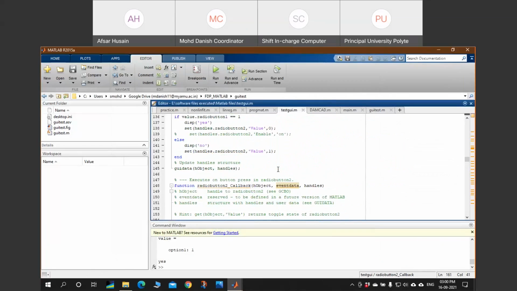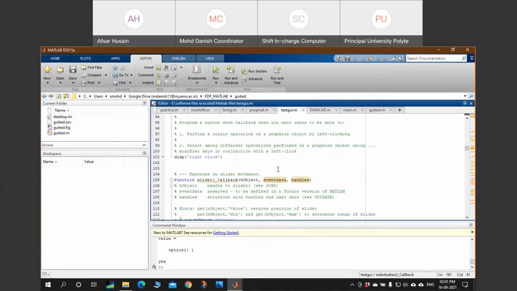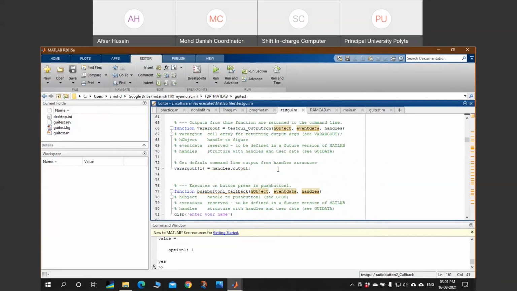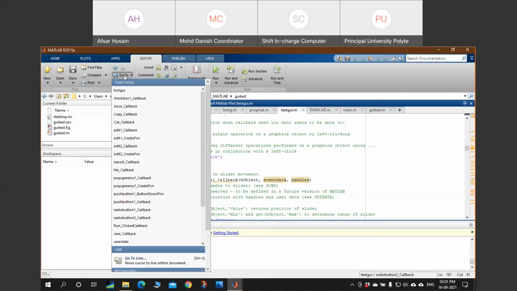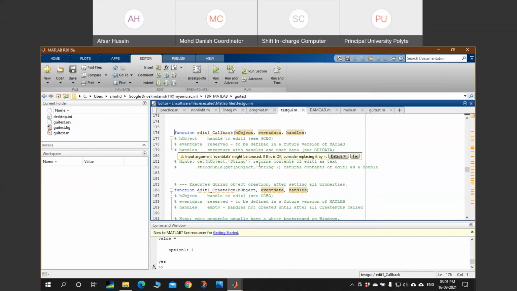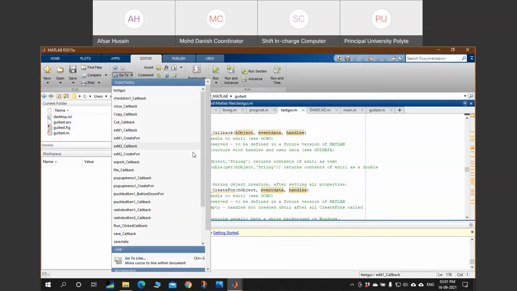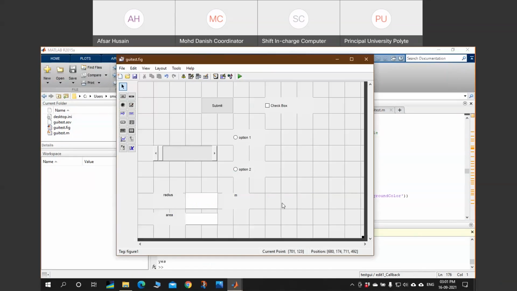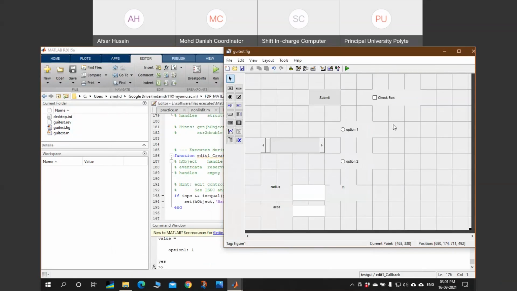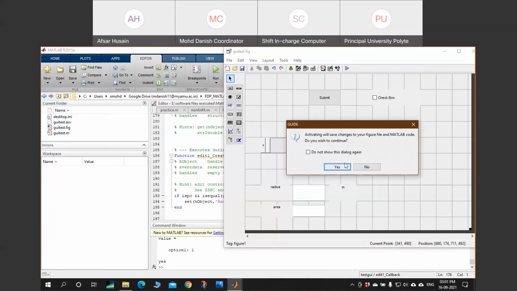Let me copy the commands from here. What will this feature do?